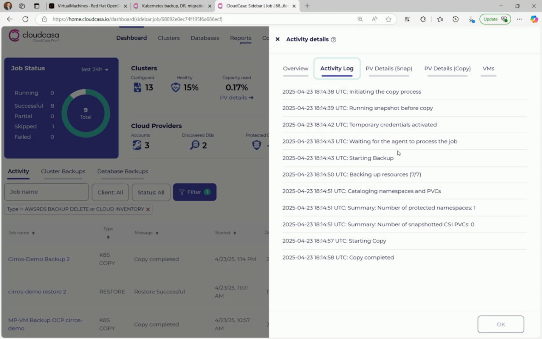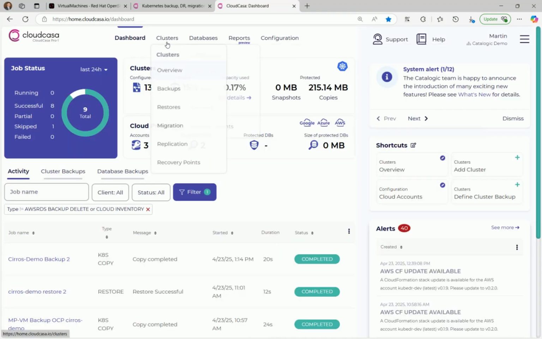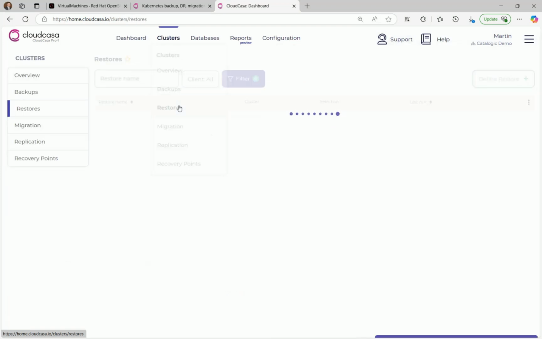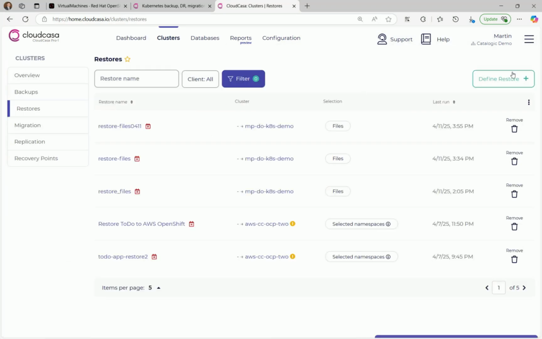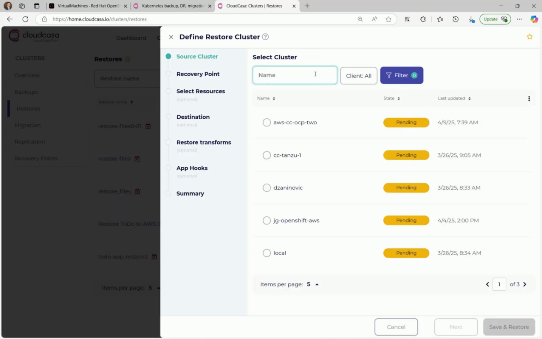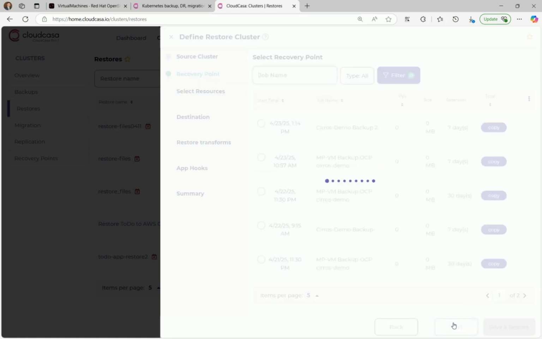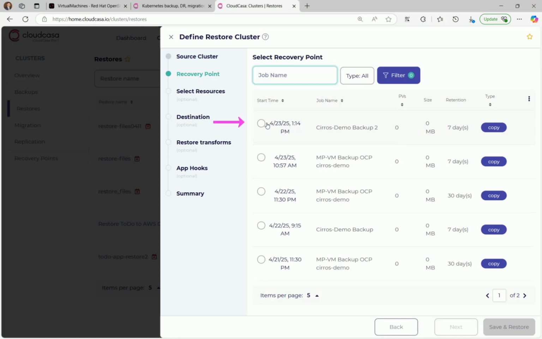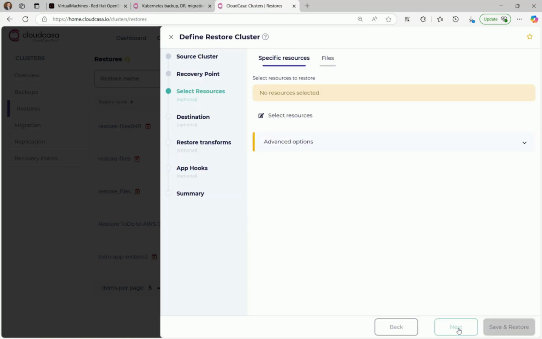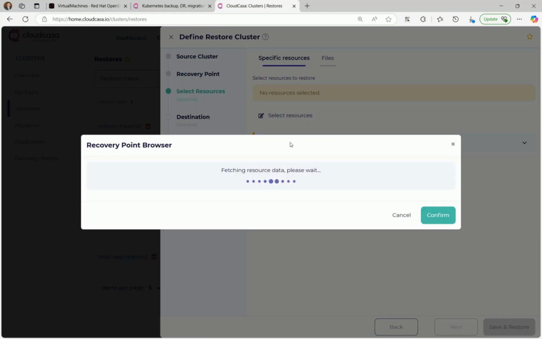Upon completion of the backup job, I can now perform a restore to the same or different Red Hat OpenShift Virtualization cluster. Here I'm going to be clicking on the cluster restores page, and I'll define a new restore of the VM that was backed up from my OCP cluster by selecting the source cluster that contains the snapshot. You can see the latest snapshot copy that I have here in my list of recovery points. I can select that. I'll select the VM that I want to restore